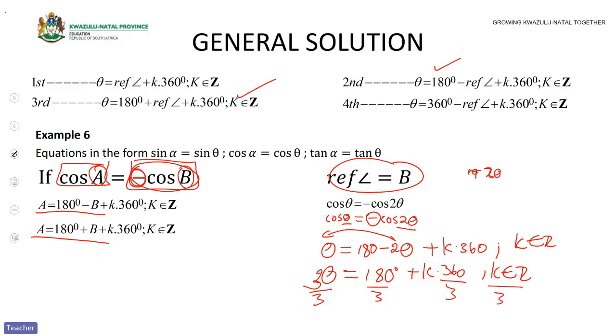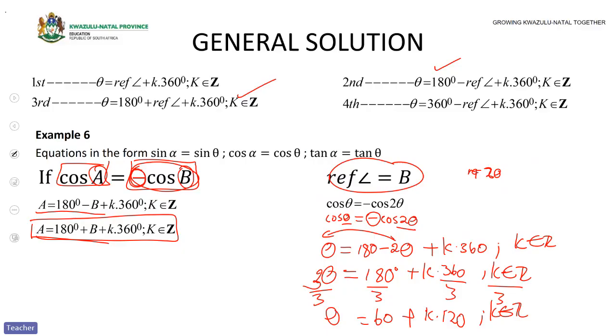We are going to divide by 3. And then when you divide by 3, you will be left with theta equals 180 divided by 3, which will be 60, plus k times 360 divided by 3, which is 120, where k is an element of all integers. So these are going to be your general solutions. Or in fact, it's the general solution for the second quadrant, and then we must also do it for the third quadrant, because of course that's where cos is